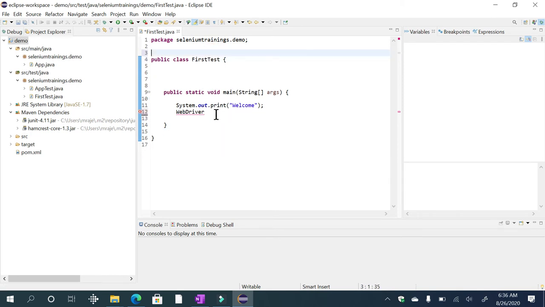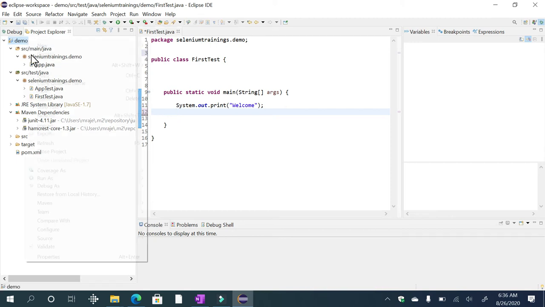Then you can fix your issues. But this is an old-fashioned way of doing things, because nowadays we are not downloading any jar files directly from the site and adding them to your class path, nothing but your build path.